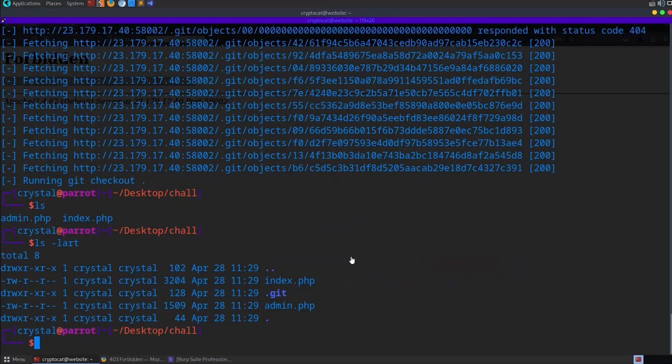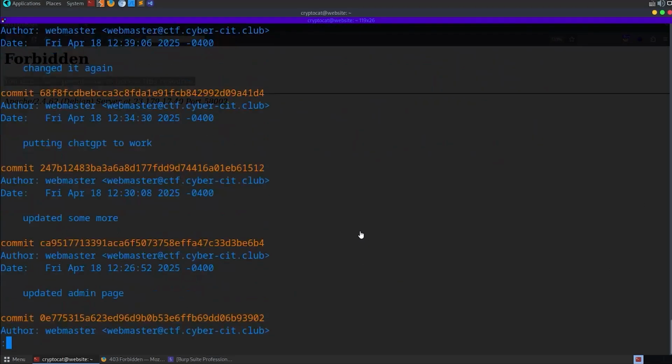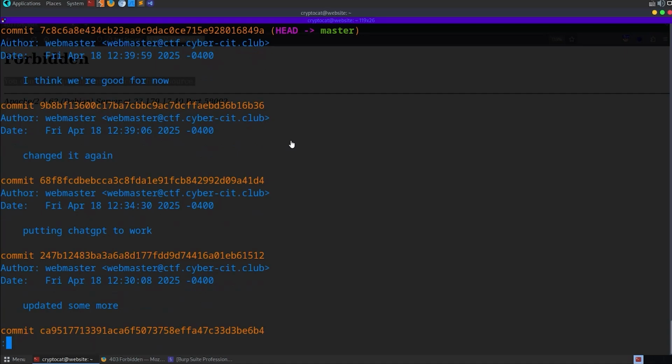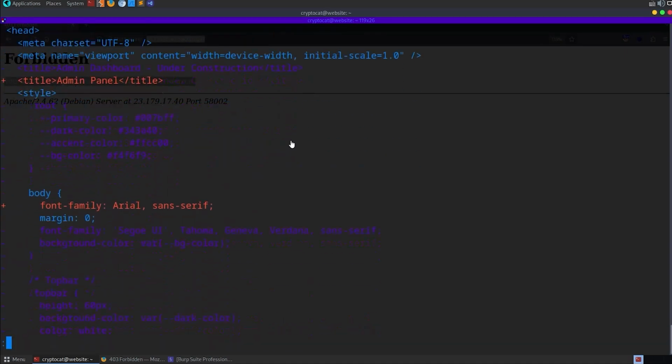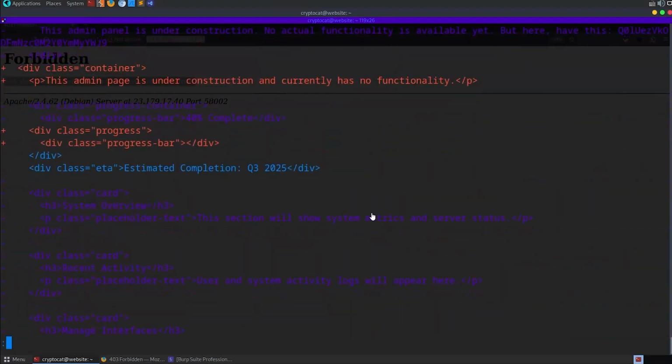And at this point, we can start using Git commands like git log, and you'll see that there were various commits in here. There was one that mentioned putting ChatGPT to work, which is a bit of a hint at some vibe coding. So I thought, all right, let's check out that commit compared to the current one. So we'll do git diff, we put in the commit ID and scroll down to see what's changed, and somewhere in here, oh,